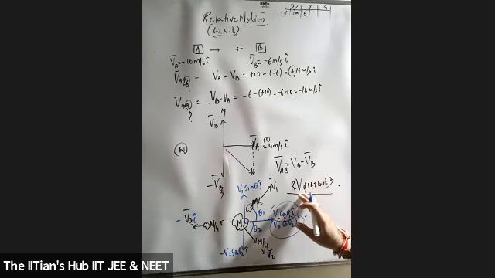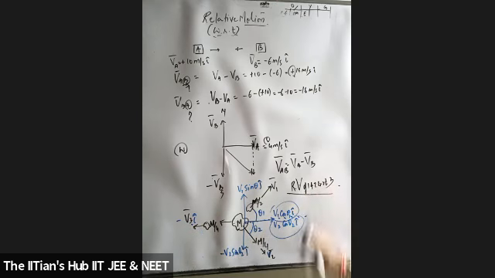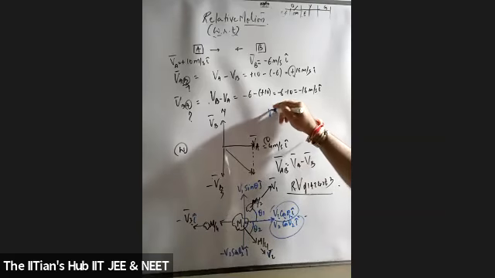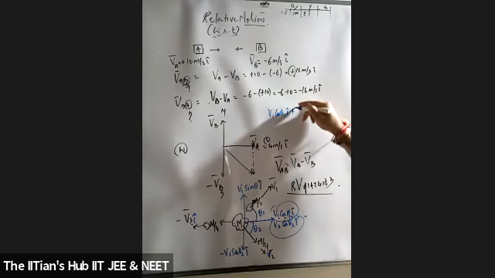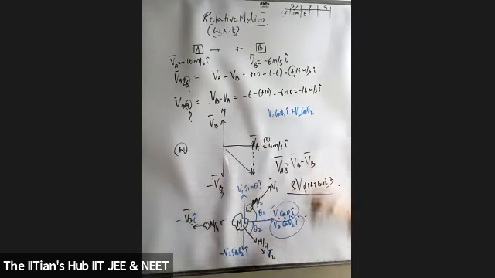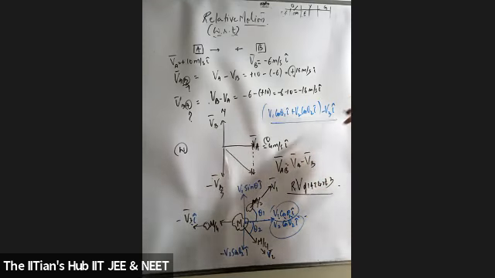Now if I ask you the relative velocity of 1, who's the observer? 3. So can I say it's a summation of these two? Students, a summation of these two. So what is my answer? V1 cos theta1 i cap plus V2 cos theta2 i cap minus V3 i cap. Is this the relative velocity of 1 and 2 with respect to 3? Is this clear? Yes, sir. Will it be minus V3 i cap or plus V3 i cap?